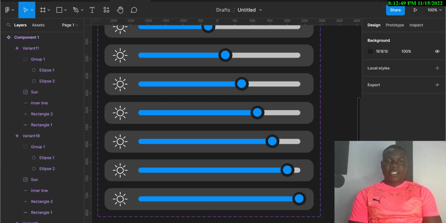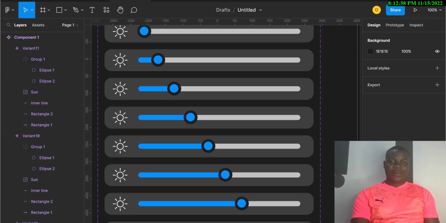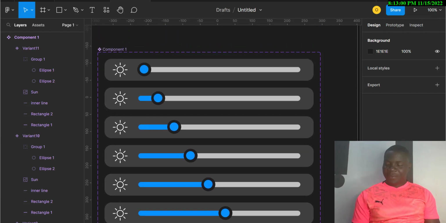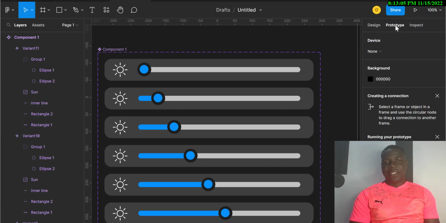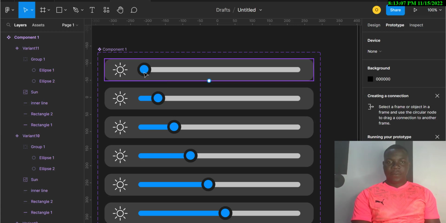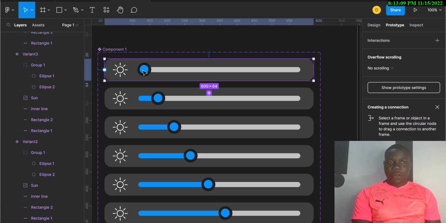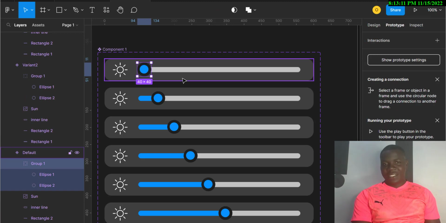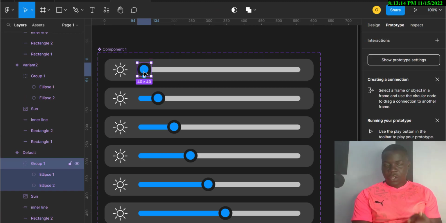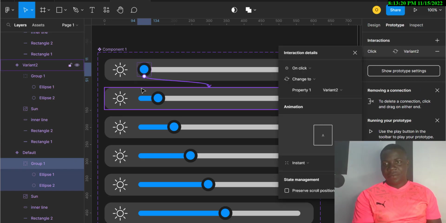The next thing we are going to do is what we call prototyping. We are going to try to communicate the variants with each other. And how do we do that? If you look behind your design here, you see what we call prototyping there. So let's click on this. Be mindful. You click on this group button, not on the bar itself, because we are dragging this, not the bar. So you click on this and you click on the plus icon and drag it here,